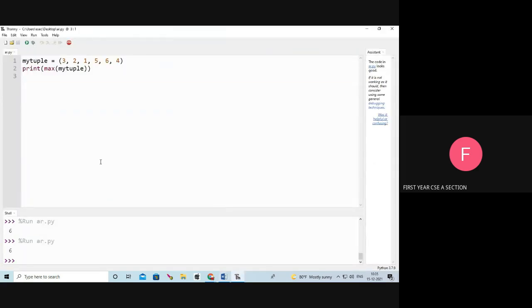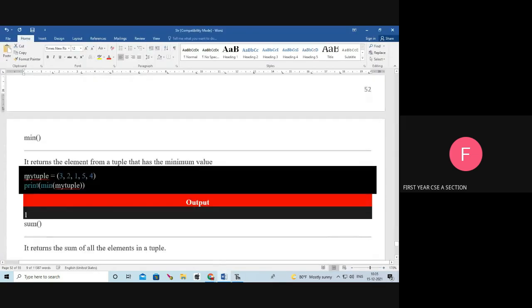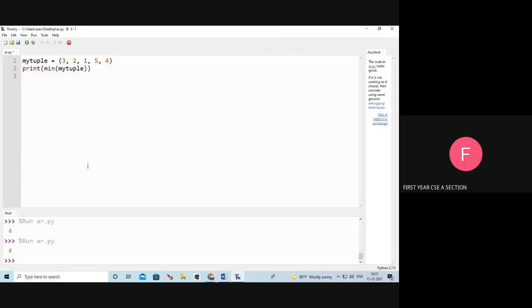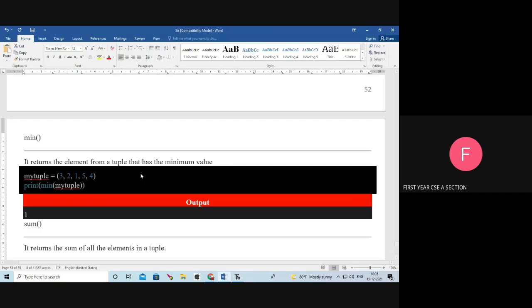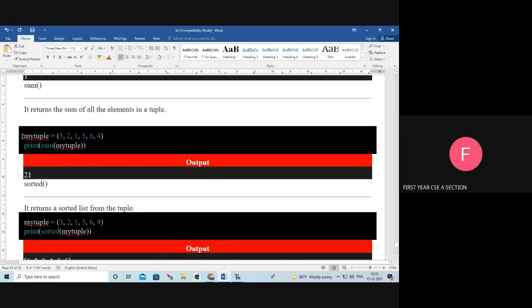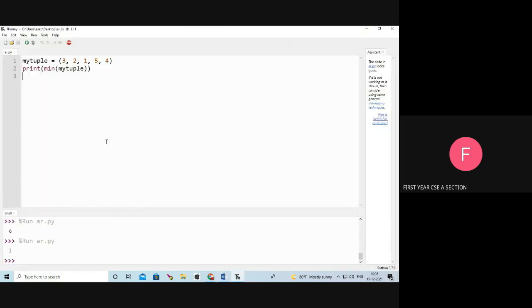Which is the maximum number in the tuple? 6. Next, min of my_tuple. Which is the minimum number in the tuple? 1, that is the output. Sum of my_tuple. We are going to sum the items, so the output is 21.